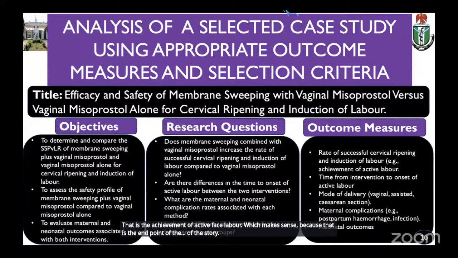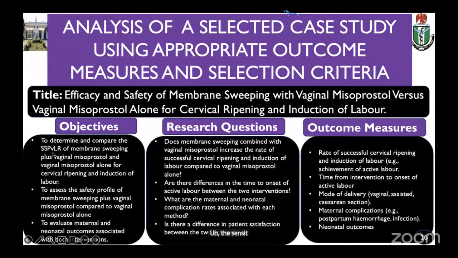You can see the other outcome measures, mode of delivery: vaginal, assisted, cesarean section. This actually reflects that maybe the induction of labor along the line either failed or there had to be additional effort, but they do not directly correlate with the main primary objective. If you take a look at the research question and even the objective, the first objective is to determine and compare the sensitivity, specificity, predictive value, and likelihood ratio of membrane